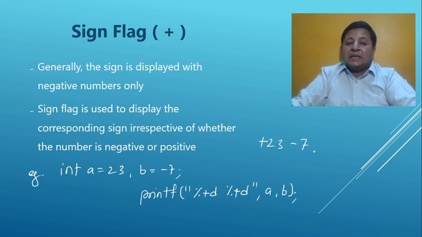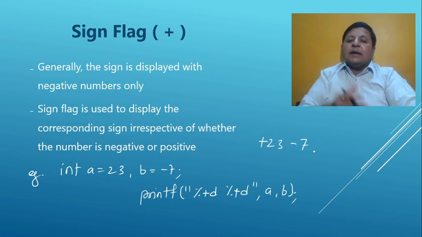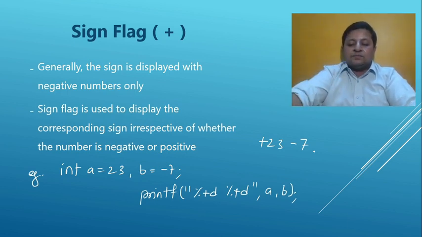Get it very clearly. I don't know where that confusion comes from, but I generally had seen the confusion that sign flag is used to print the number in positive. It's not that. We have a separate function for that, absolute, which will always convert even negative numbers to positive. Sign flag only works towards their output. Fine. So simple conclusion: when the sign flag is used, positive numbers will be printed with plus sign, negative numbers will be printed with minus sign. Okay.